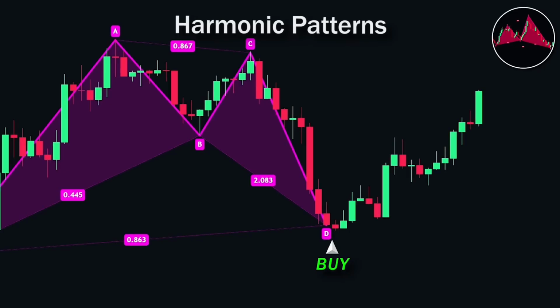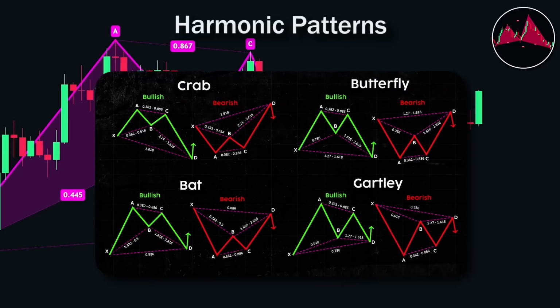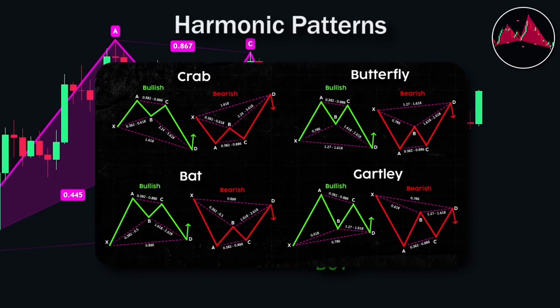There are multiple harmonic patterns that exist. Most notable are butterfly, bat, crab, and each have their own